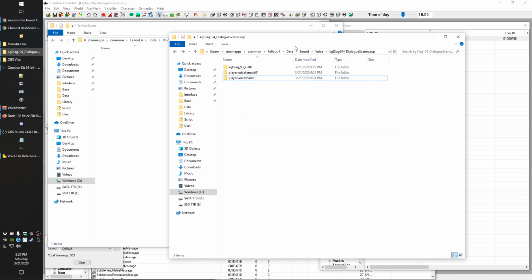So they go inside of, and you would learn this in the very first dialog tutorial, but just to follow it up, Data, Sound, Voice, and then there's a folder named exactly after your mod file. So if it's .esp, ESM, ESL, it will have that in the name up here. Now, another advanced little tip, if you are doing something like I do with some settlements, the file in release is named .esm, but when I'm working in the CK, I have to change it